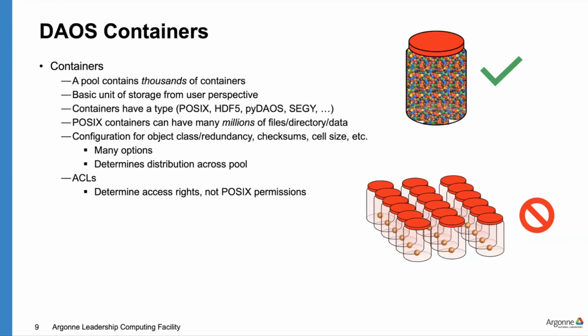And for my first bullet, the main thing if you learn something today is that you can just use one container. So if your project is just, say, one person organizing all the runs and taking care of organizing all the data, you can just make one container and put all your runs in it. You can put 100 million files in there if you want. You can put 100 files, whatever you like, but you only need one container.